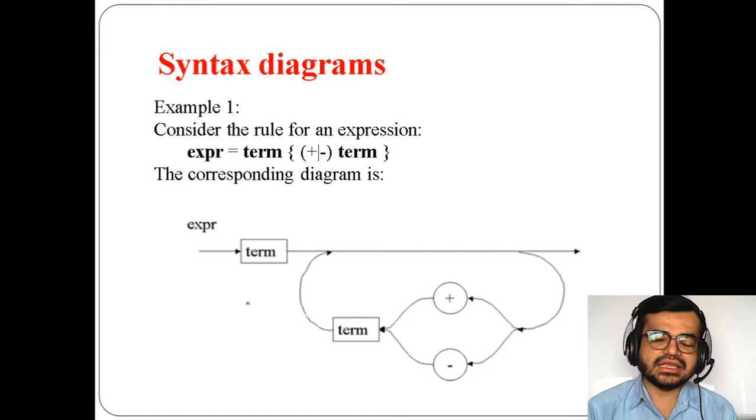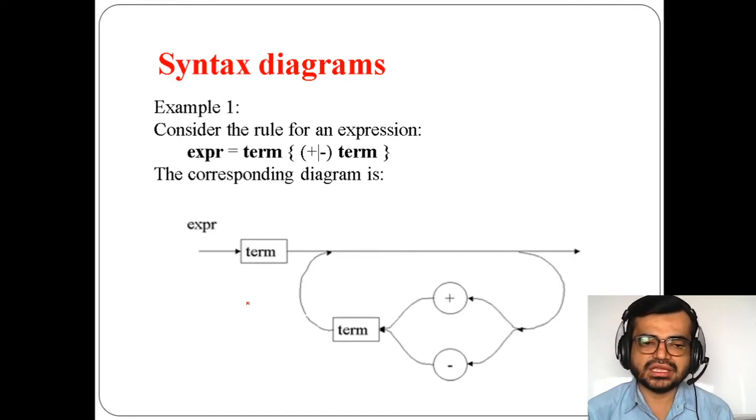So now let us take an example of how we are going to take this expression in terms of a syntax diagram.